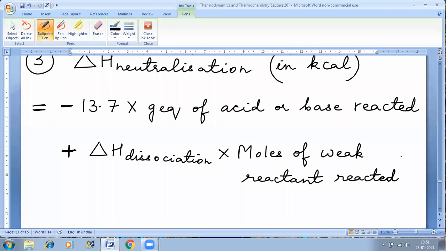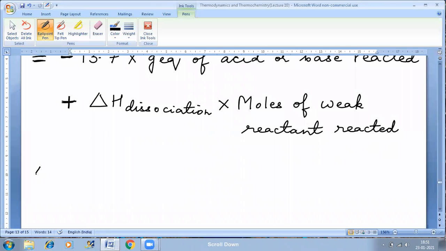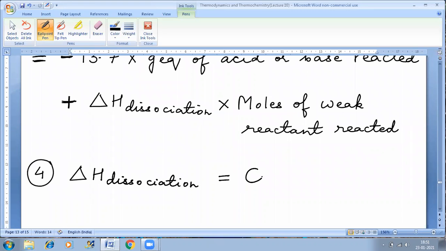Okay. And last point. Delta H dissociation is equal to 0